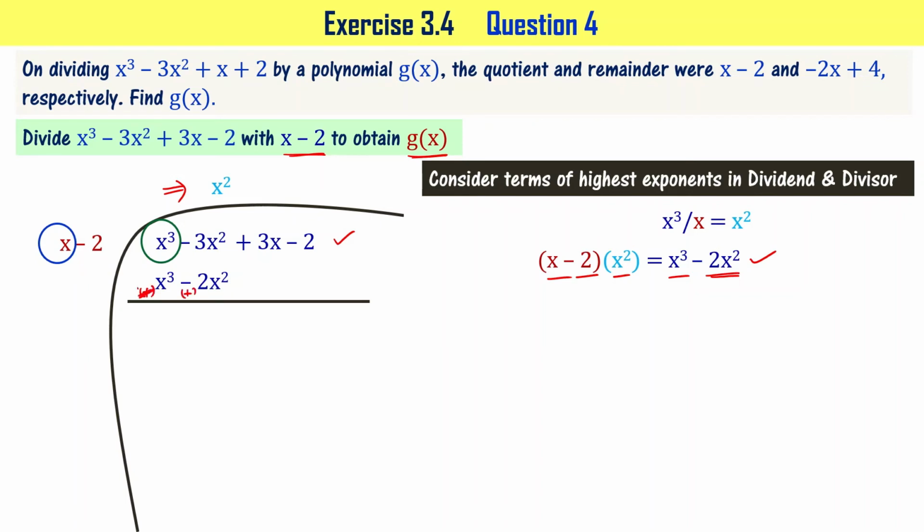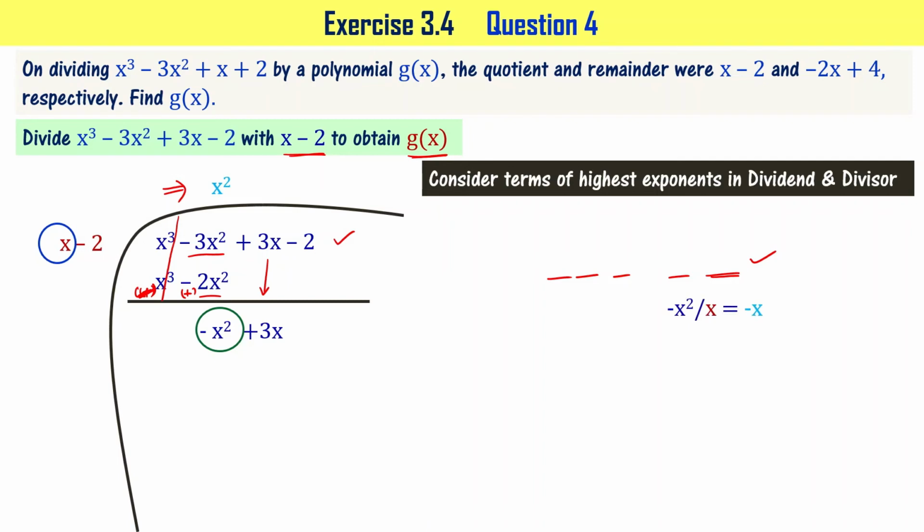Sorry, this is going to be minus. So x cube minus x cube gets cancelled and this is minus 3x square and this is plus 2x square. It means you will have minus x square, right? Let me write minus x square and bring this plus 3x down, right? From this expression, you can say that minus x square is the term containing highest exponent. Let's divide minus x square with x, so that you have the answer as minus x that has to be written as part of the quotient here, right? X square minus x. Now let me multiply x minus 2 with minus x. When I do that, I get minus x square plus 2x, right?